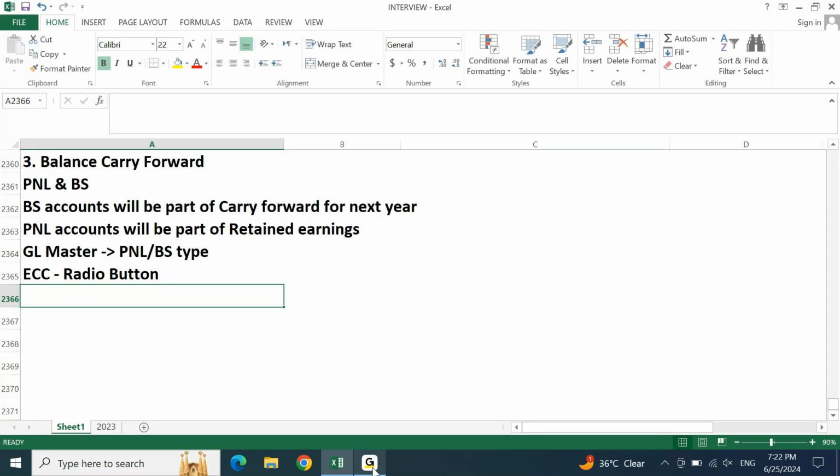But in the S4 HANA system, is it a radio button or a drop down option? Drop down option. When you're talking about a drop down, you're talking about a list. From this list, the system will understand whether it is a P&L account or a balance sheet account. In short, if you go to